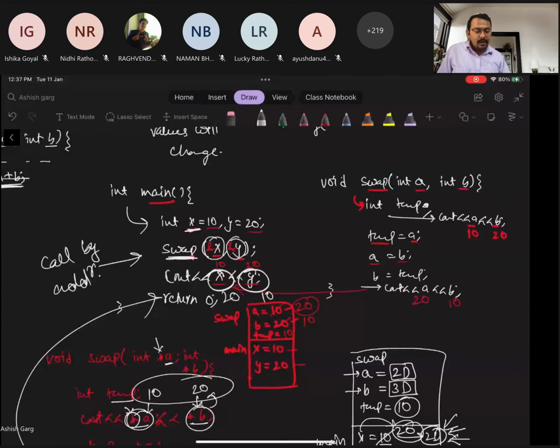Because when you are calling by value, you are copying the value, whereas when you are calling by address, you are copying the address, not the values. So the changes are made inside the original copy. So understand this in layman language. For example,